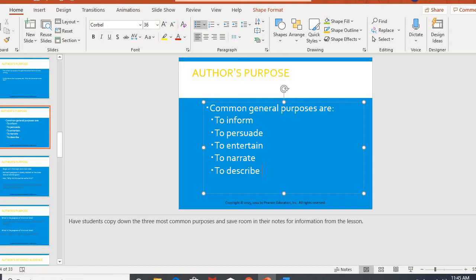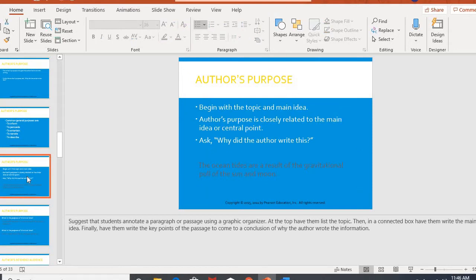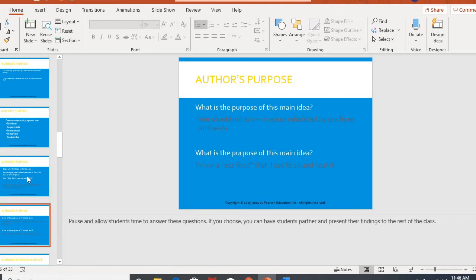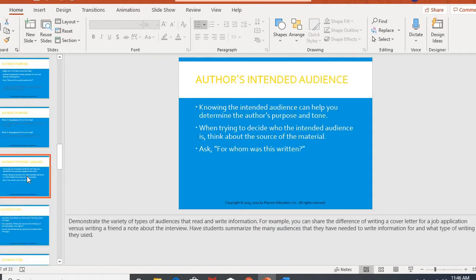You can tell maybe based on the tone, the types of information, whether they're using facts or opinions, or if they have a bias present, to let you know what they're doing in general. To find out, you just ask yourself, why did the author write this? Are they giving this to give me information? Are they trying to persuade me, to convince me to think a certain way? Are they just telling me a story in the order it occurred? Are they trying to make me visualize? Or are they trying to entertain me? We looked at some examples again in our text.